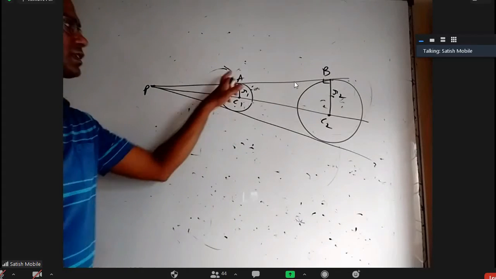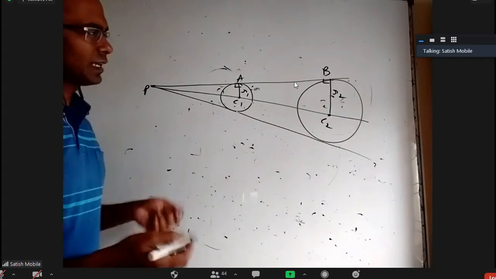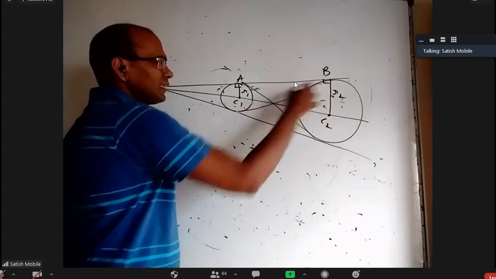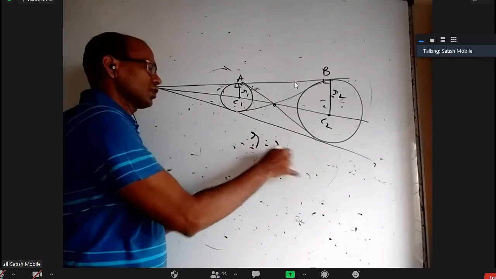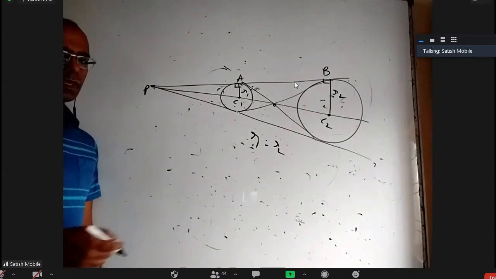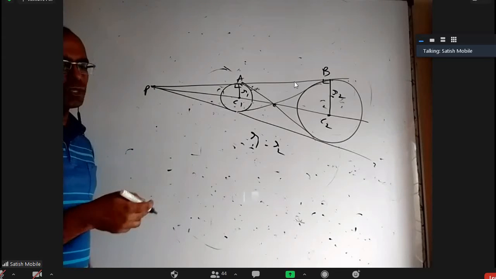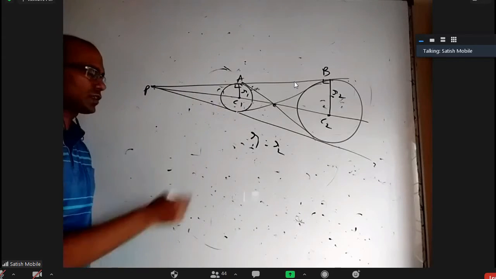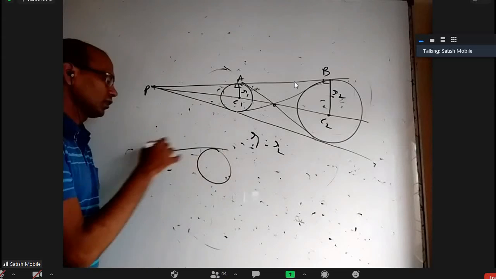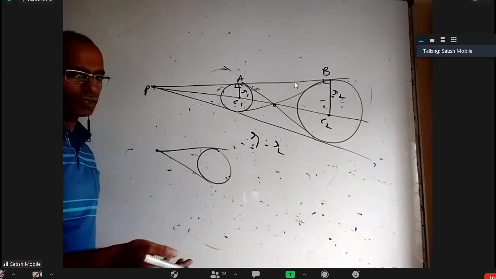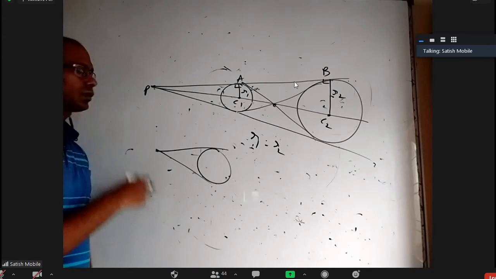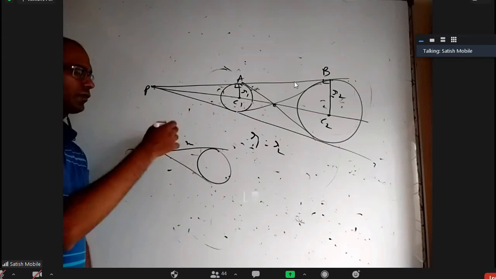PC1 is to PC2 is C1A is to C2B. So earlier we divided internally, we got this point. Take C1, C2, divide in the ratio R1 is to R2 externally, and we'll get this point. Once you get that point, the external center of similitude, how to find these two lines? The same procedure. We know the circle and we know the line. We want equations of these two lines. Again, any one of the 3 methods we can use: find the combined equation, or assume the slope as m, or find that slope separately.